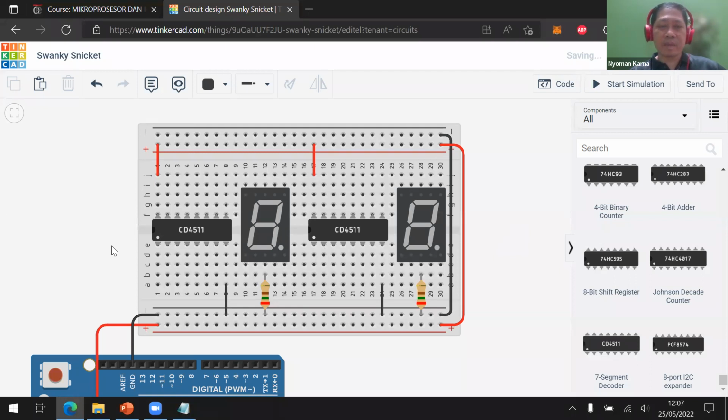Okay, now this is the input. Input 2, 3. This is lamp test and blanking. And let's enable. And then this is input 4. So we have 4 inputs because this one is a BCD to 7-segment decoder. Remember about BCD? It's binary coded decimal. So we just need to send, please visualize number 4, or please visualize the value of 5. So it will turn on A, B, and then H, and E, and then D.